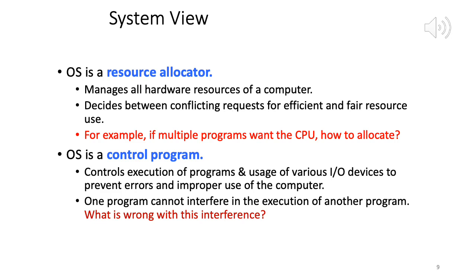Okay. So from the point of view of the system, the OS is a resource allocator. It allocates all the hardware resources to various user programs, and it also controls the execution of programs to ensure that there is no interference and there is no improper use of the computer. Another example of improper use is if a process gets absolute control over the CPU. It's a very long running process, say many days, and it gets control of the CPU and it's not giving the CPU to any other process. So that's another example of improper use. So again, throughout the chapters we look at other examples as well.